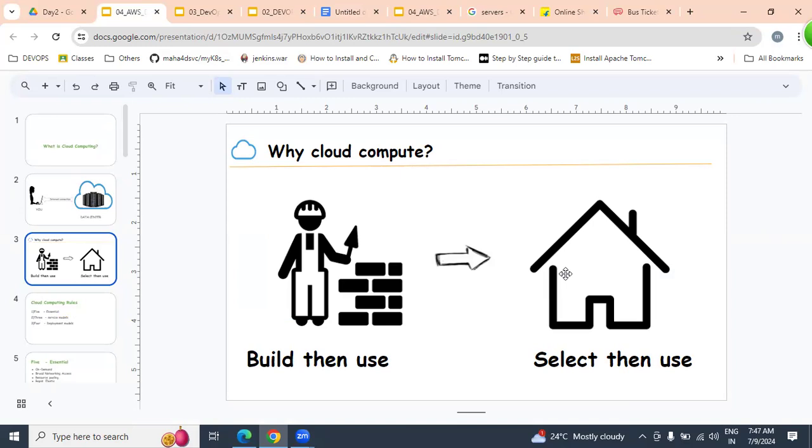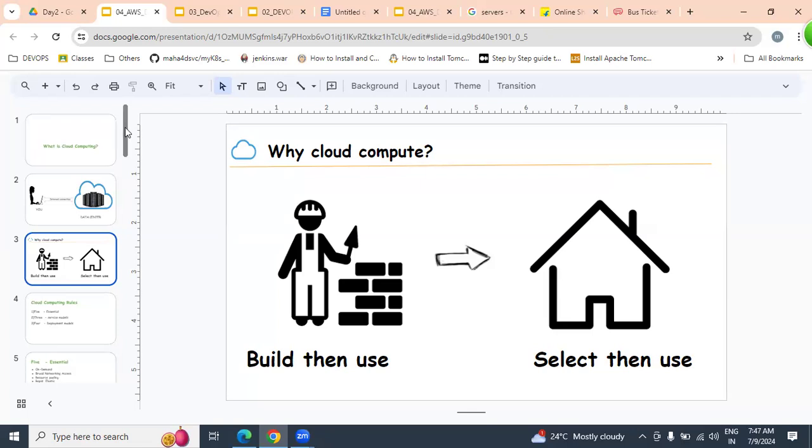We are not buying anything, we are only getting rental. Please keep in mind, cloud is just like a rental car. Instead of buying a car, we get a rental car. The same way, for deploying our application, instead of buying a server, we get a rental service and pay rent based on usage. Clear, do you understand what the cloud is?